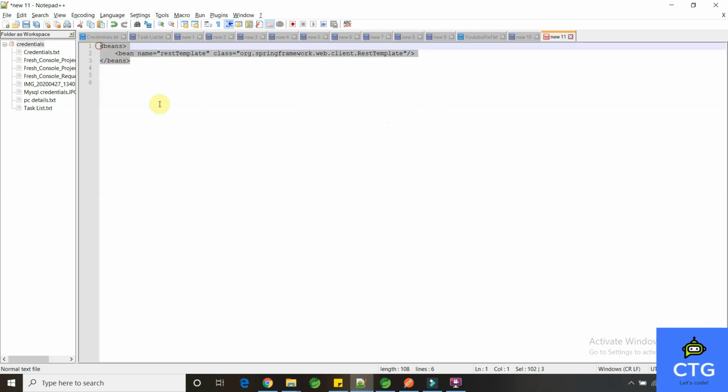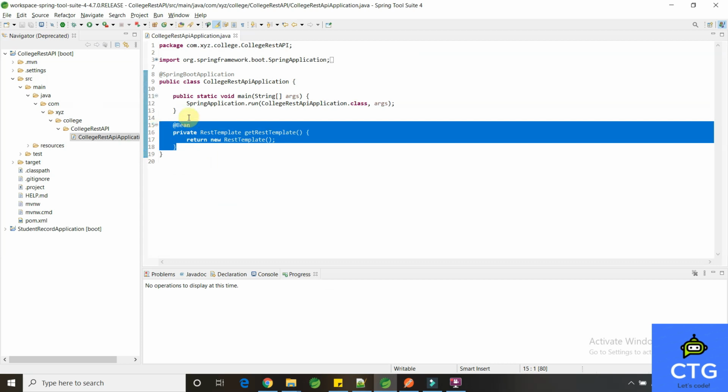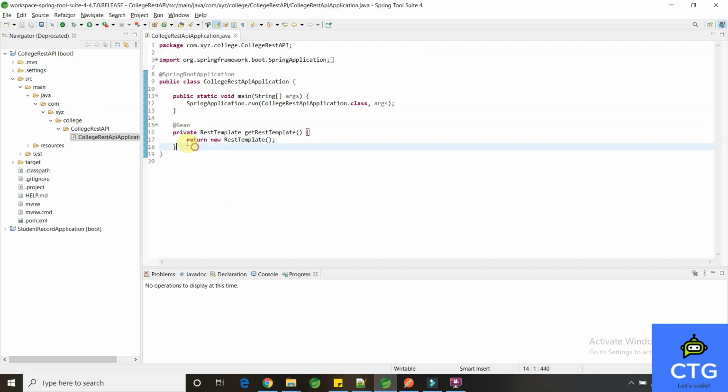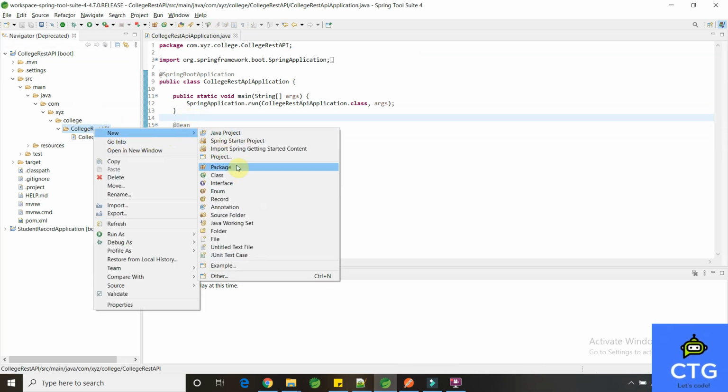Instead of this XML creation, we have migrated to annotation. Spring Boot itself provides this feature, so we just have to define @Bean and automatically we will get the object.